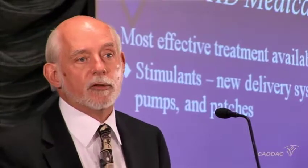We have the pump, Concerta, which is a little miniature pump that squeezes out liquid Ritalin for about 8 to 10 hours after you swallow it. How cool is that? That is a neat little osmotic pump. We have the time-release pellet system. This is Adderall XR and Focalin XR and the other time-release forms. These are little time-release pellets, and some dissolve now, some in an hour, some in 2, 3, 4, 5, 6,